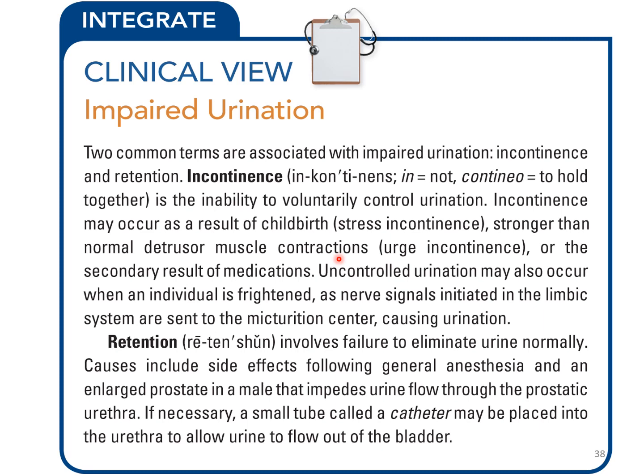So normally the detrusor muscle of the bladder has mild contractions just to help it get out. But if you can imagine that detrusor muscle really starts doing these really strong contractions, it's really just going to force the urine out that way. That's called urge incontinence when that happens. And then also it can be a secondary result of certain medications. Uncontrolled urination can happen also when an individual is frightened. So this is a whole different kind of reflex on its own that I'm not really going to go